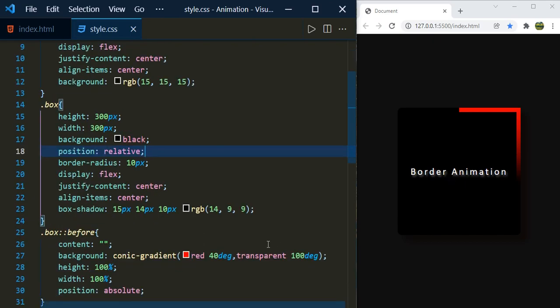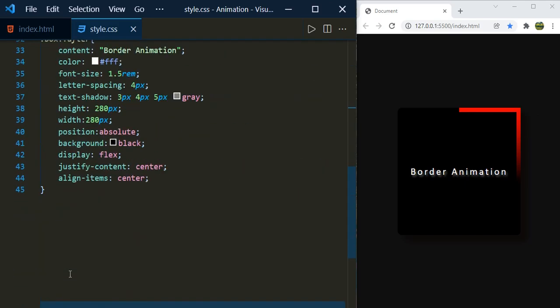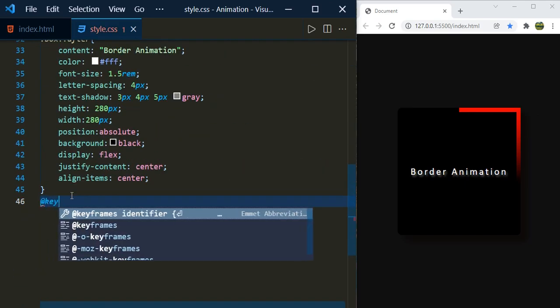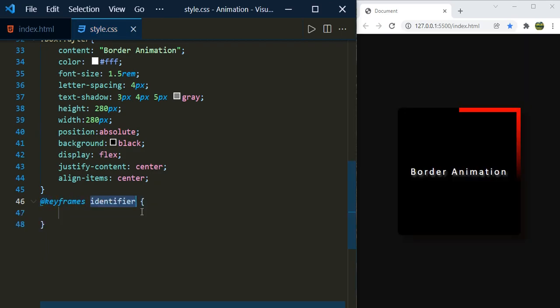Now let us define the animation to rotate this border. So go here, and to define the animation just use @keyframes, and here identifier we need to give the name of the animation. So rotate animation, we need to define the breakpoints.